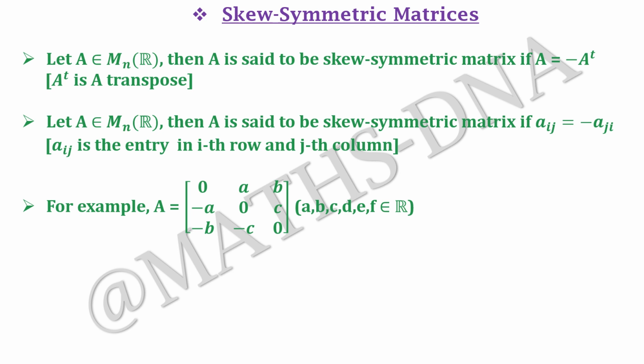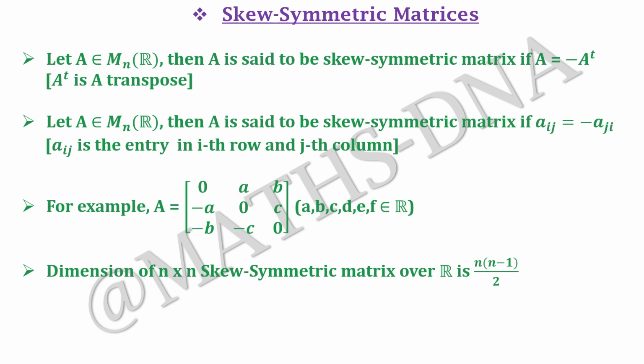In the definition above, we already mentioned that Aij is equal to minus Aji, and you know that on the diagonal the entries are A11, A22 and A33. From here, if we consider A11, then by the definition we get A11 is equal to minus A11, which implies that 2A11 is equal to 0, which further implies that A11 is also equal to 0, and so on. We get all the diagonal entries as 0, and the remaining entries are non-zero, that is A, B and C.